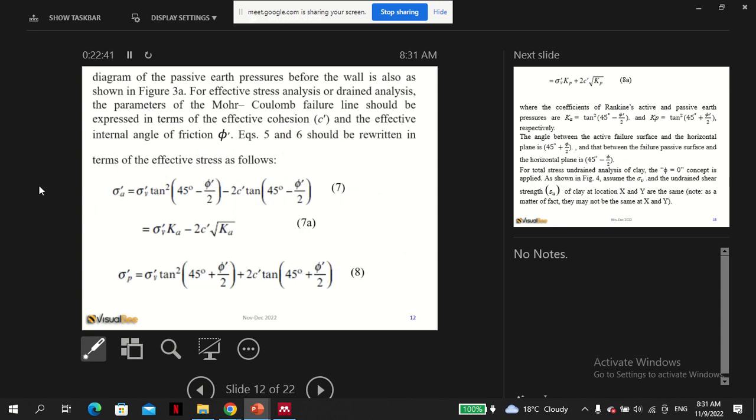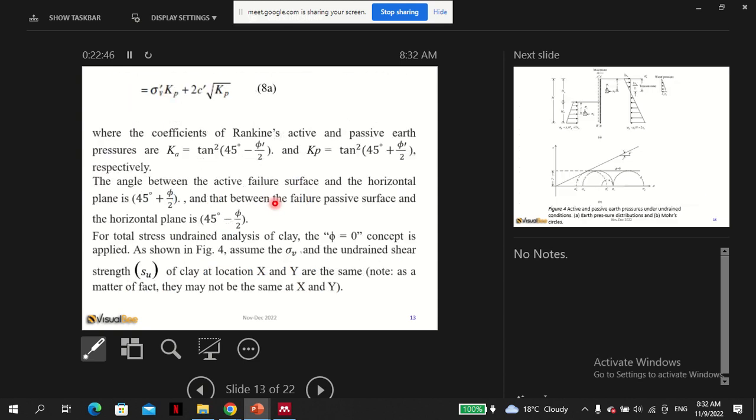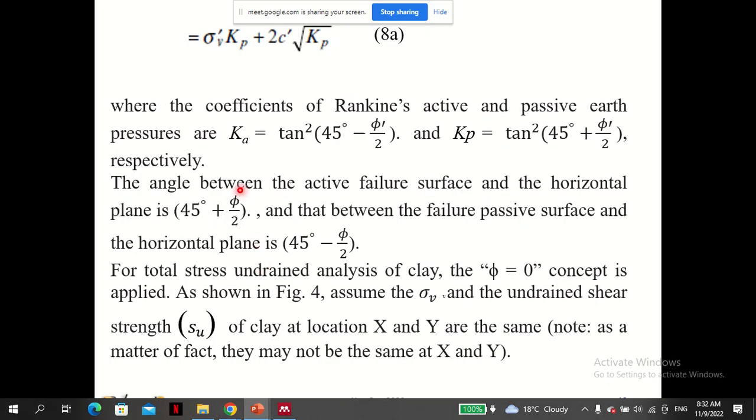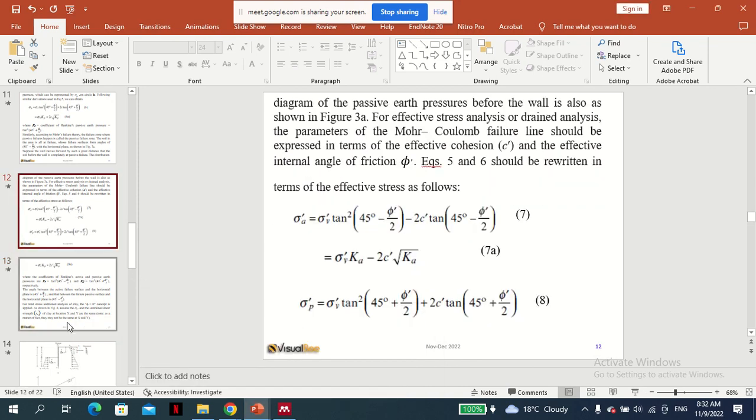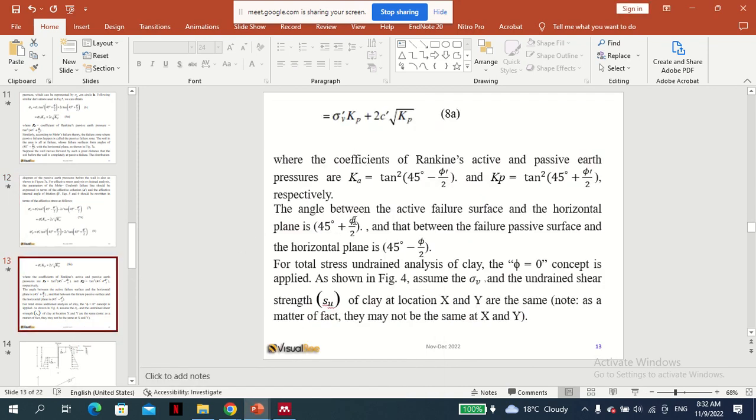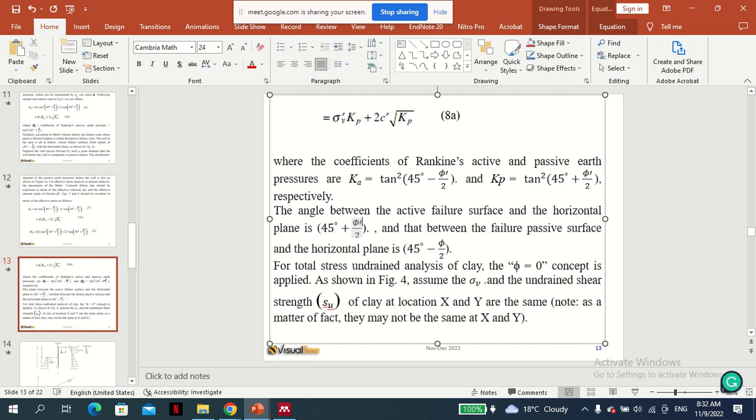So you can express the same things for the active side. This is the active side in terms of effective stress. So here the coefficient of Rankine active and passive failure, and the angle between the active and passive, I think this is not right, should be, so this one needs to be expressed in terms of the active, I mean